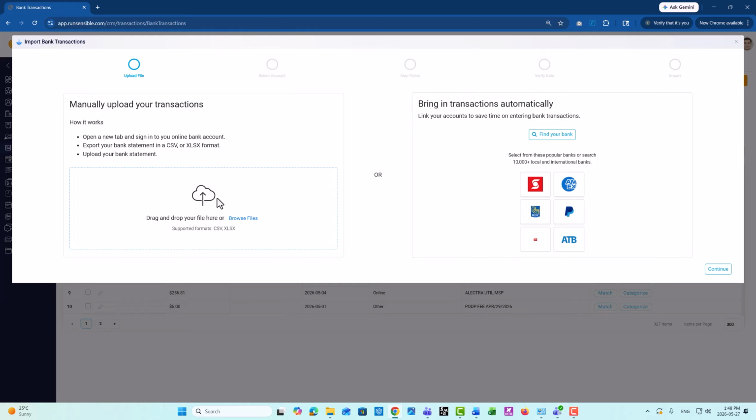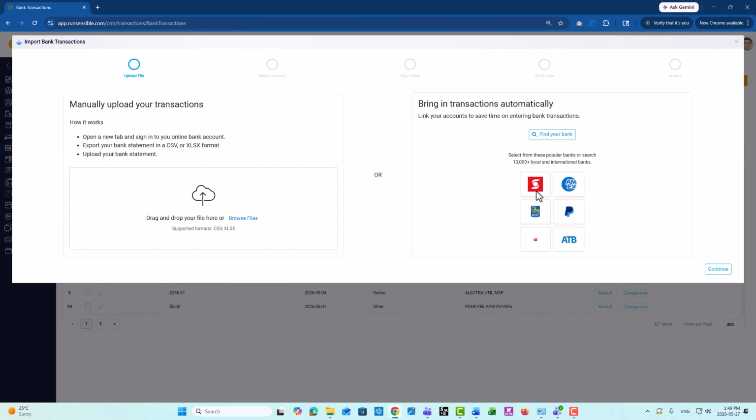The system provides a drag-and-drop area, along with a clickable Browse File link inside that area, which allows users to select and upload a file from their device. This option is useful for importing historical records, working with banks that are not supported by Plaid, or managing transactions manually. On the right side of the interface, users can link a bank account through Plaid for automatic transaction synchronization. After selecting and uploading a file, click Continue at the bottom right of the screen to move to the next